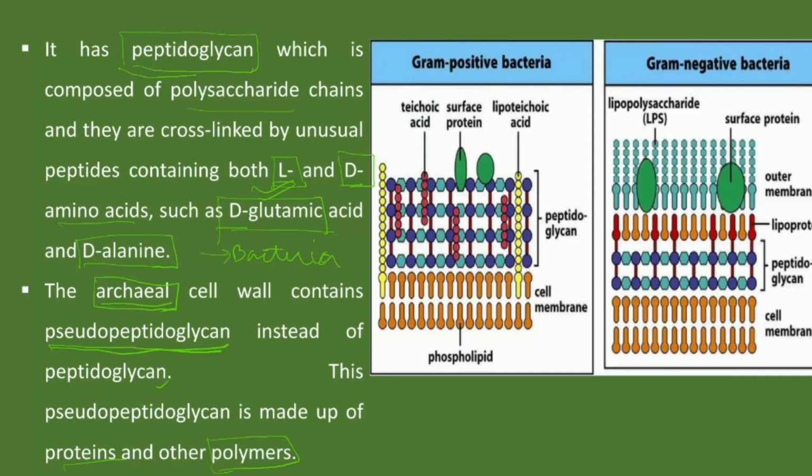And here in the figure you can see the gram-positive bacterial cell wall and the gram-negative bacterial cell wall. In the gram-positive bacterial cell wall you will find teichoic acid, and you can see here a wide layer of peptidoglycan, and in the gram-negative bacteria it is a very small peptidoglycan layer. That's why the gram-negative bacteria doesn't take the gram-positive stain. And this is the cell membrane, and other proteins are there in the gram-positive and gram-negative bacteria. The teichoic acid is the characteristic property of gram-positive bacteria.